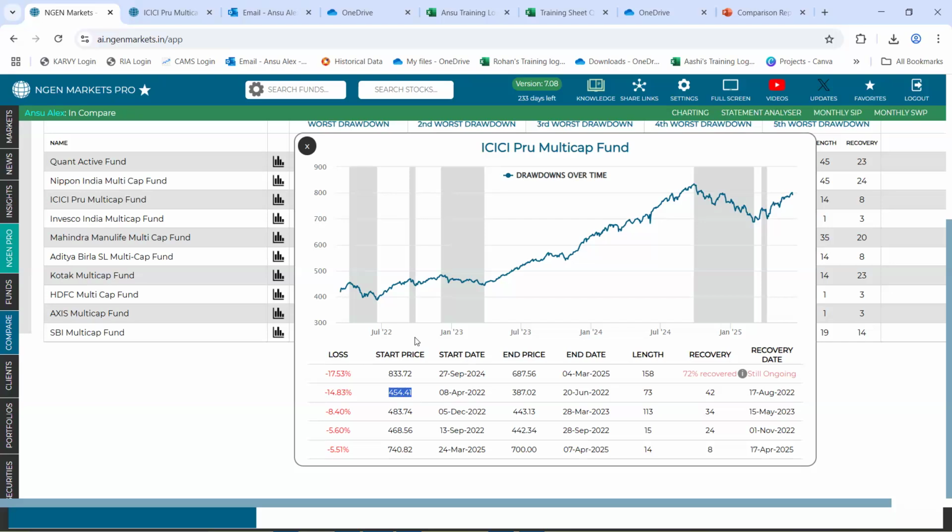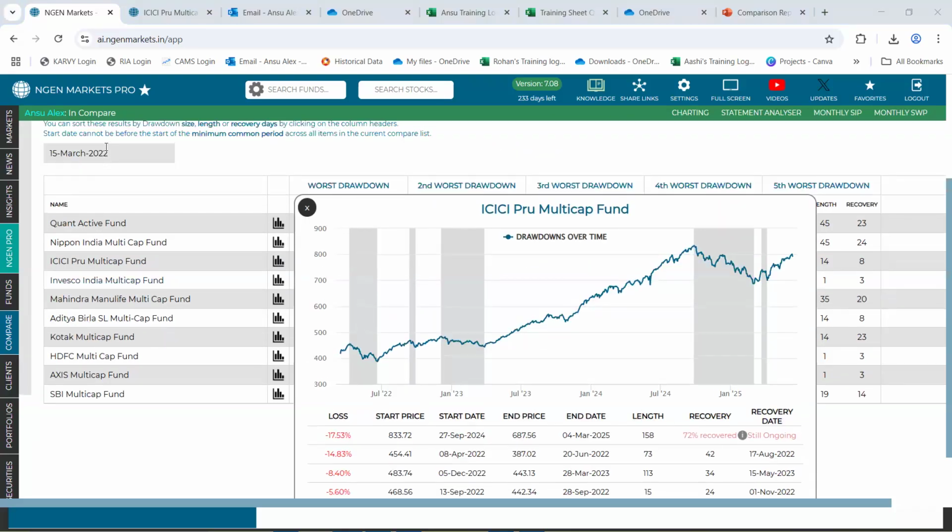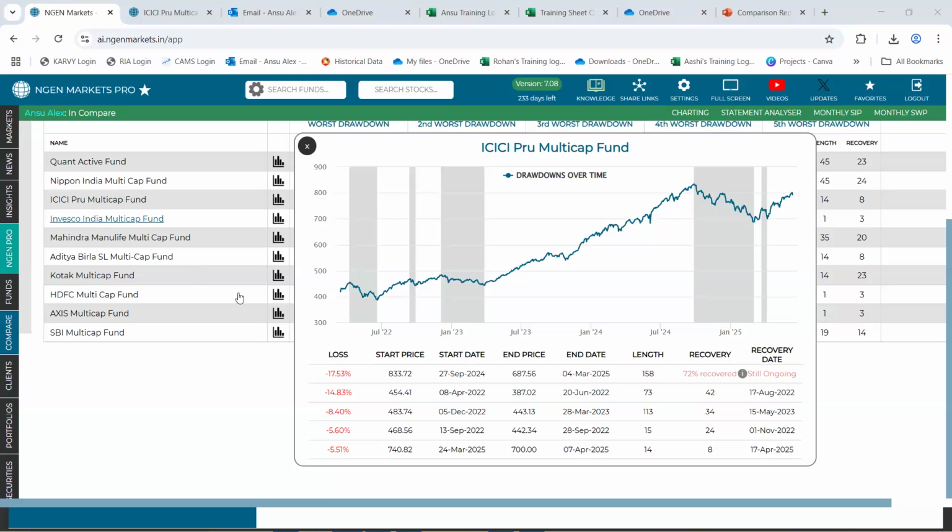Okay, so the start date and end date, is that a date we need to assume, or will there be a default specification? This will be calculated for you. So over this period of time, it is showing between start date and end date the biggest loss during this period of time for this fund.